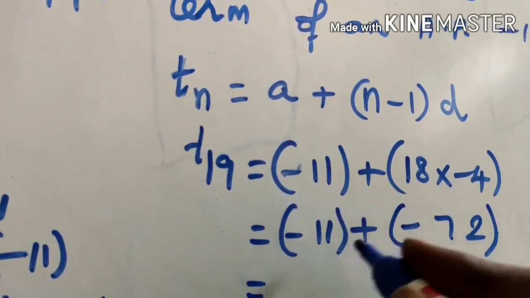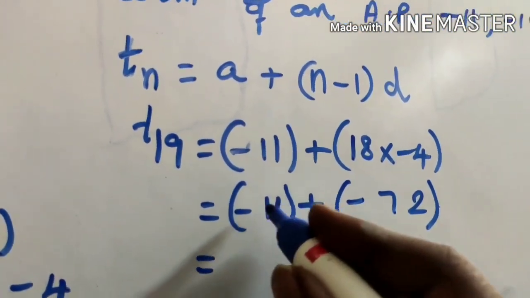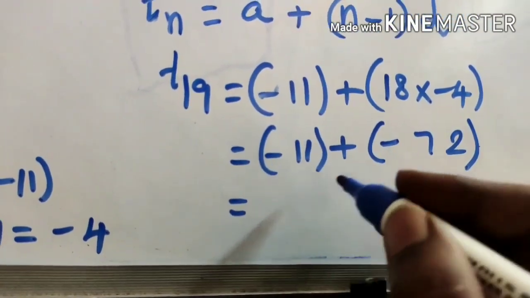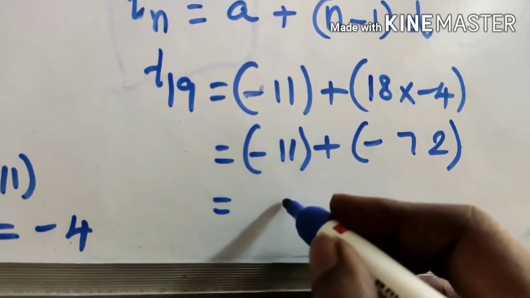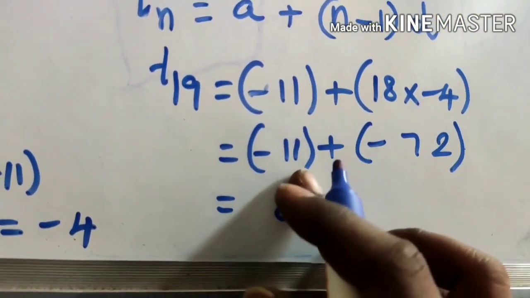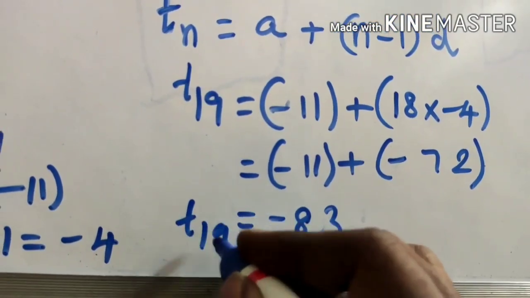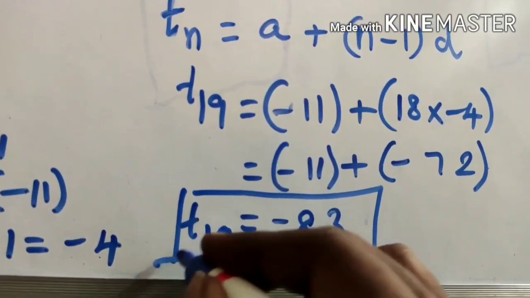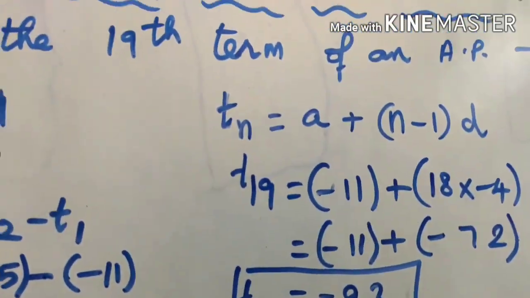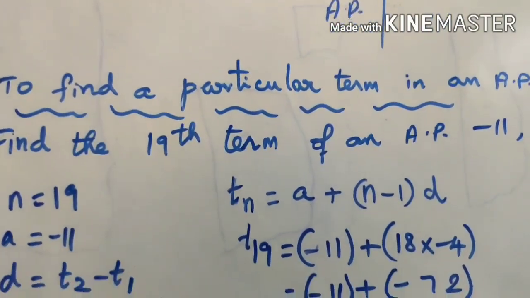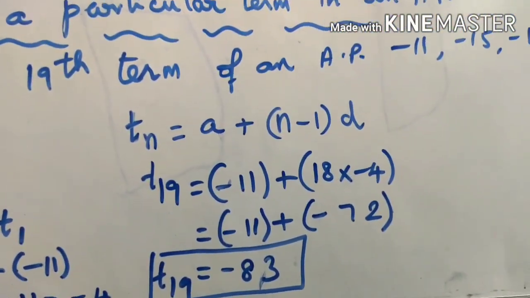Now use the addition rule. Both are having the same sign, so add and put the same symbol. If you add, you get 83, and the same symbol, minus. So this is the 19th term, T19. T19 means 19th term. That's what they have asked. So this is the way to find a particular term in an AP. Okay, next